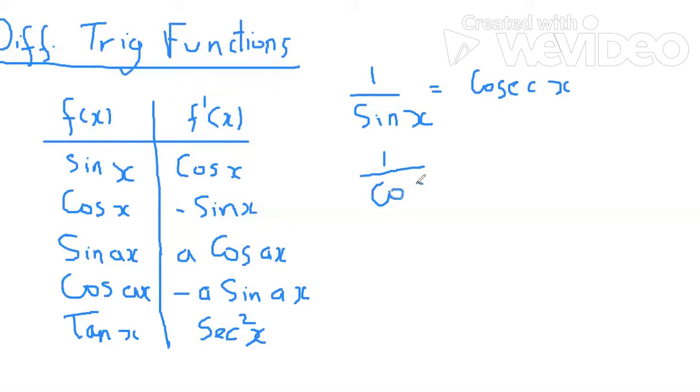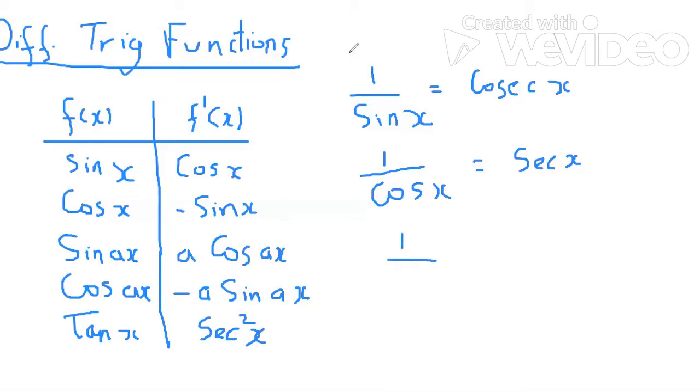Cos x. Negative sine x. No, it will be sec x. Alright? So I'm trying to relate what is sec squared x. The reciprocal of cos x is sec x. Alright? And when we reciprocate tan,